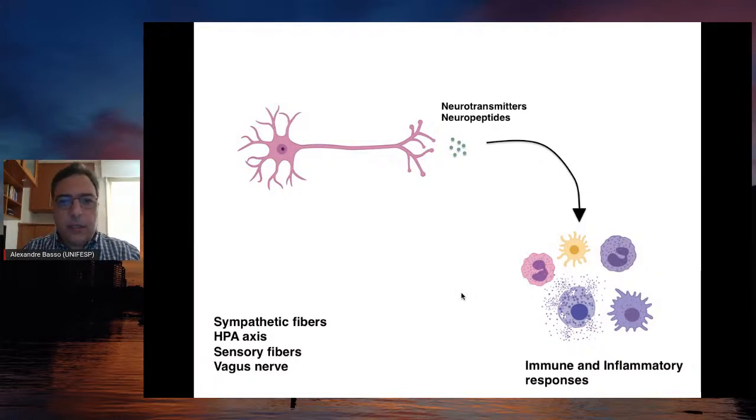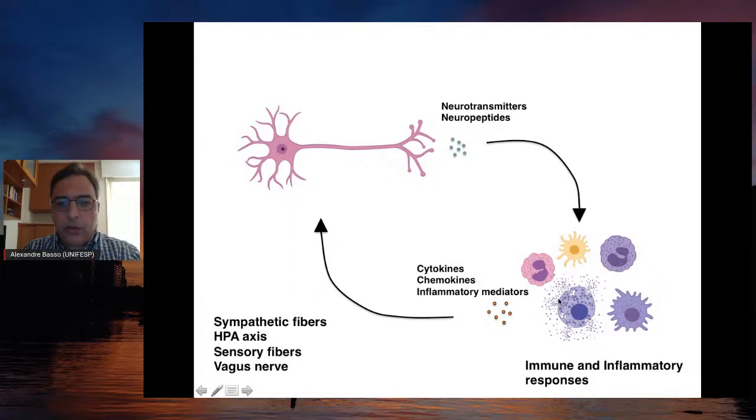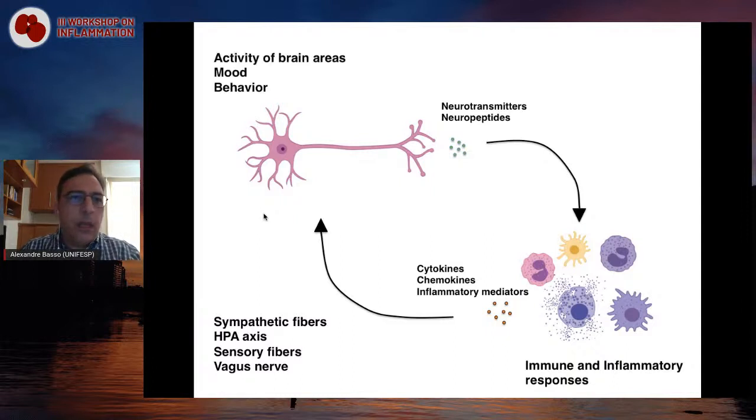And there are at least 4 very well-known pathways operating this kind of interaction: the sympathetic fibers, HPA axis, sensory fibers, and the vagus nerve. And in the other direction, it is also true that by releasing cytokines, chemokines, and other inflammatory mediators, immune cells can impact the function of the central nervous system, modulating the activity of specific brain areas and impacting, for instance, mood